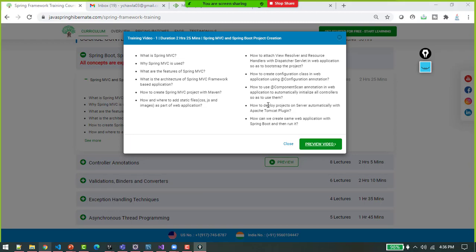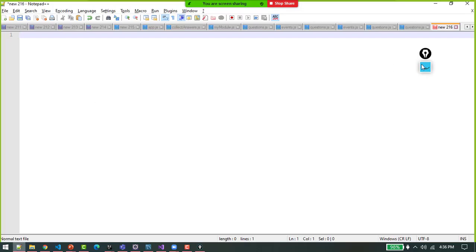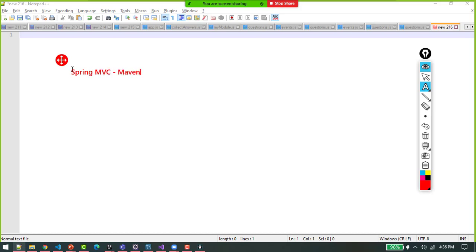In the previous session, we created a Spring MVC project with the help of Maven, right, where we mentioned what exactly we need as part of the pom.xml file, because we decided to go ahead with Maven. So we mentioned all the jar files: Spring Web MVC, JavaX Servlet, JSTL, JavaX Servlet API, all those dependencies, and we created the application initializer to bootstrap the project, to start the project.